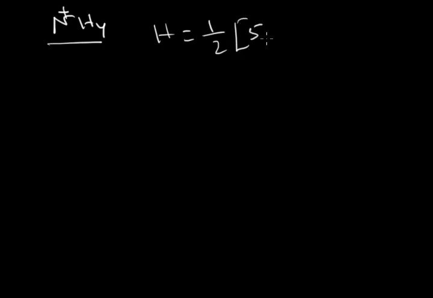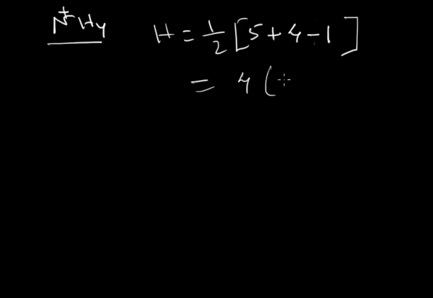Let us consider another ion, say NH4 plus. Here H is equal to half into V. V is 5 because 5 electrons are present in the valence shell of nitrogen, and the number of monovalent atoms is 4. The charge of cation is 1, charge of anion is 0, so its value is half into (5 plus 4 minus 1), that is 4,